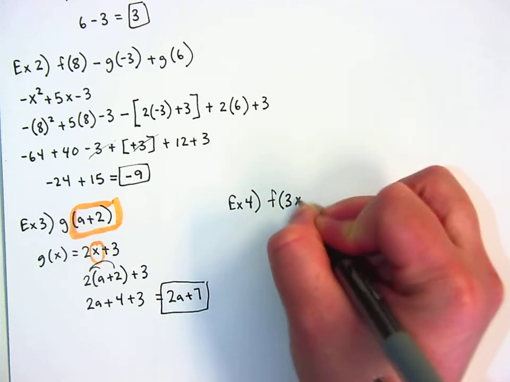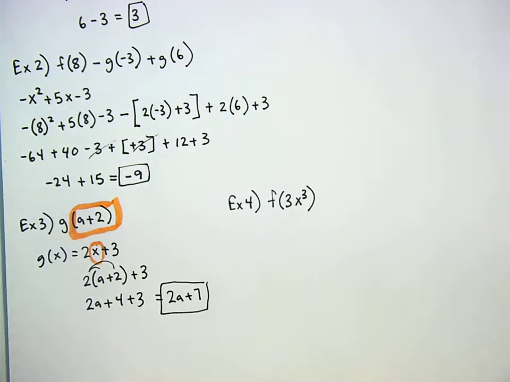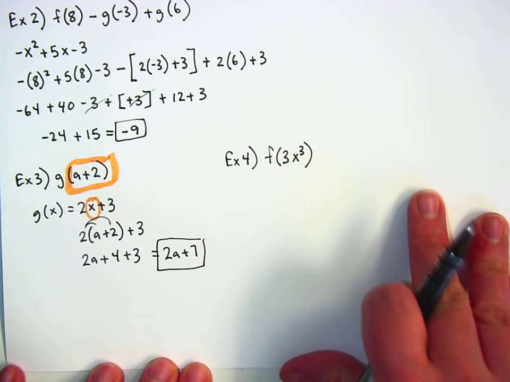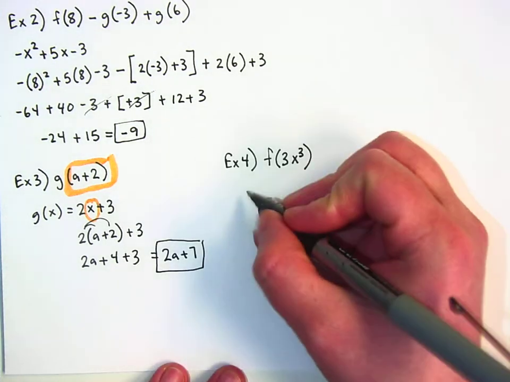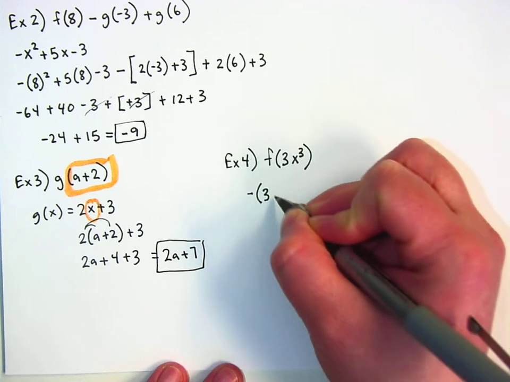All right, last one for you to try. You're going to try putting 3x to the third power into f. Pause the video so you can try it yourself. No sneaky just copying. Just try it yourself first. You can always start the video if you get confused. All right, I'm assuming you did it, so I'm copying down